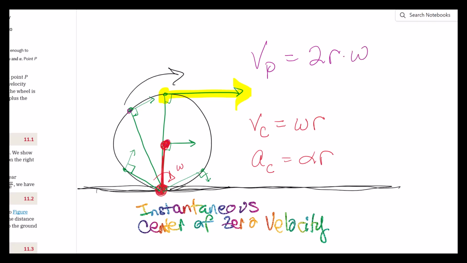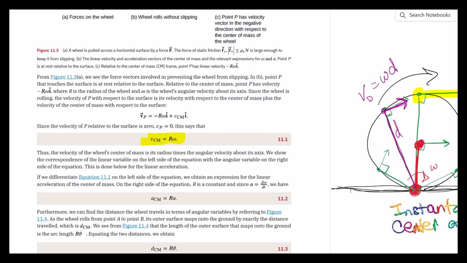So in theory, I could find the velocity of any of these points by just using geometry and figuring out, like, the velocity of this dude is just omega times d. And it goes in the direction perpendicular to that radial line going from where the ball or the wheel or wherever touches the ground, assuming that it's not slipping. Okay, so all that said,